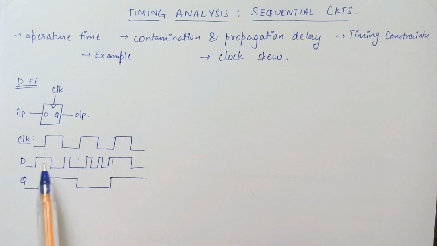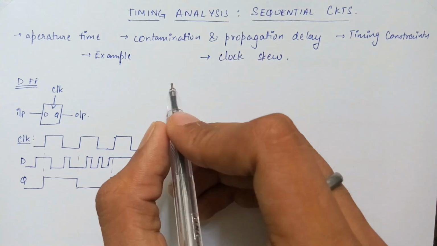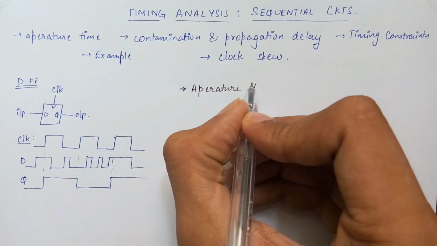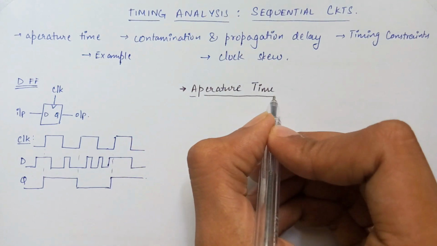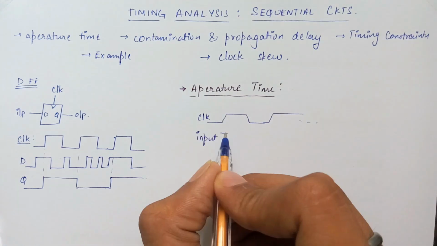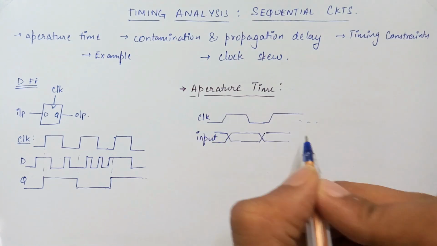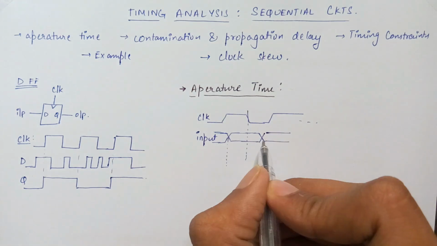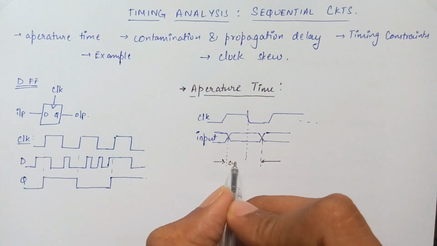This phenomenon can be better understood with an analogy to a camera. When taking a picture using a camera, the object must be stable for at least the aperture time. Similarly, the input must be stable for at least the aperture time when the flip-flop samples the input, that is, around the rising edge of the clock. This time around the clock edge for which the input must be stable is called aperture time.